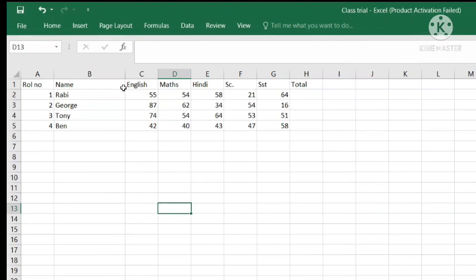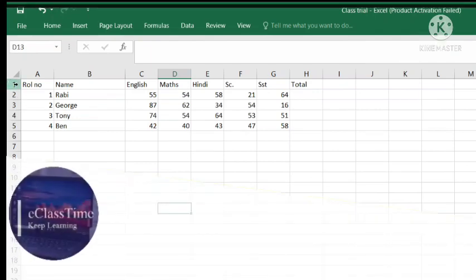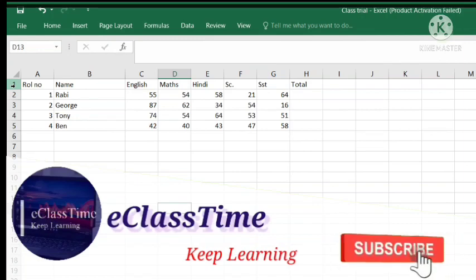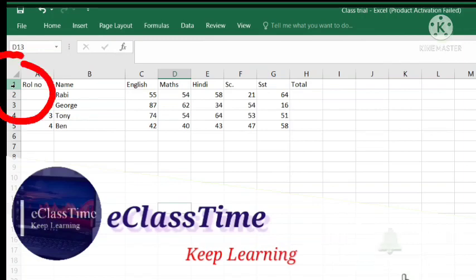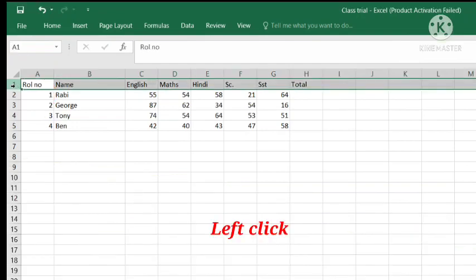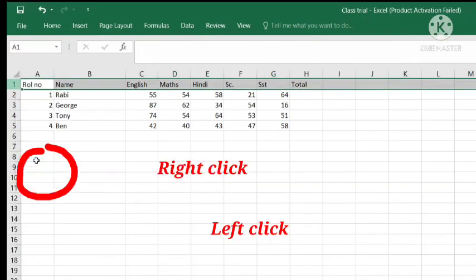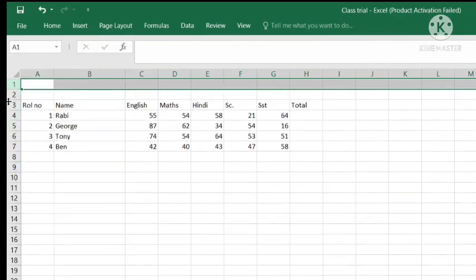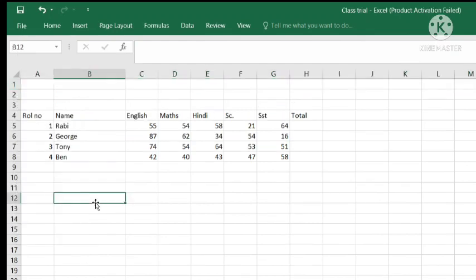Now after entering this, I realize that this is so much on top, I just need to bring it down or a little to the center. For that, suppose I want to bring it down, just keep the cursor in the row side, address 1, give a left click, then right click and insert. Not sufficient, some more space, right click and insert, again right click and insert. So it has come down so much.